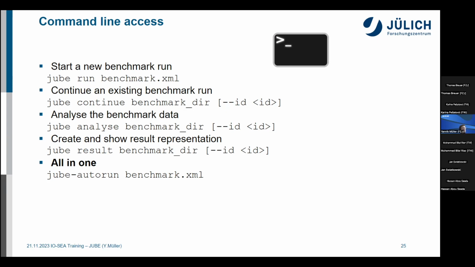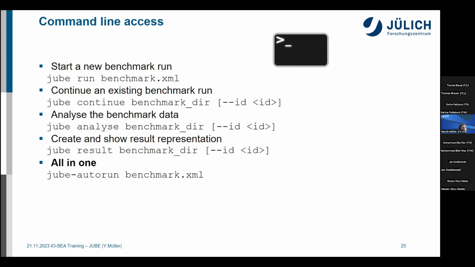I don't think I want to show much more about the individual command line commands. They're all documented. If you do JUBE continue help or the other way around, I think JUBE help continue, then it will tell you all the options. So the first one, JUBE run, takes the JUBE script as input, and all the following commands, continue, analyze, result, take the directory